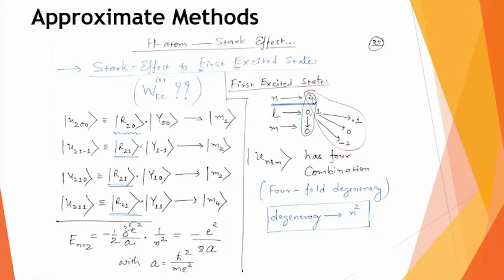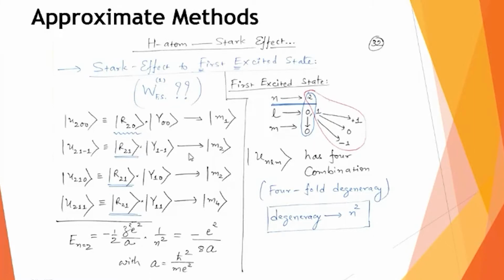Now for the other combination, the red part, where n is 2, L is 1, but now M can take three choices: minus 1, 0, and 1. So the next three combinations which I am writing are where n is 2, L is 1, and M is minus 1, M is 0, and M is 1. So we have these three combinations, 2 1 minus 1, 2 1 0, and 2 1 1, which I will write as U2, U3, and U4. Right? And of course, this is a degenerate case, because you can say that everything is a first excited state, but there are four such states which we can construct.